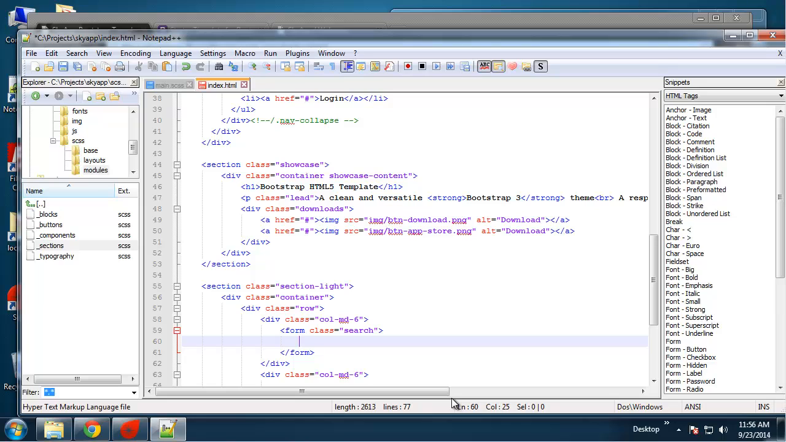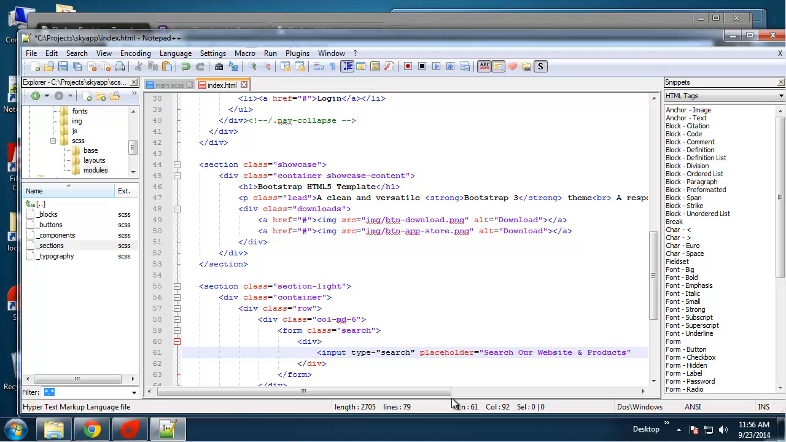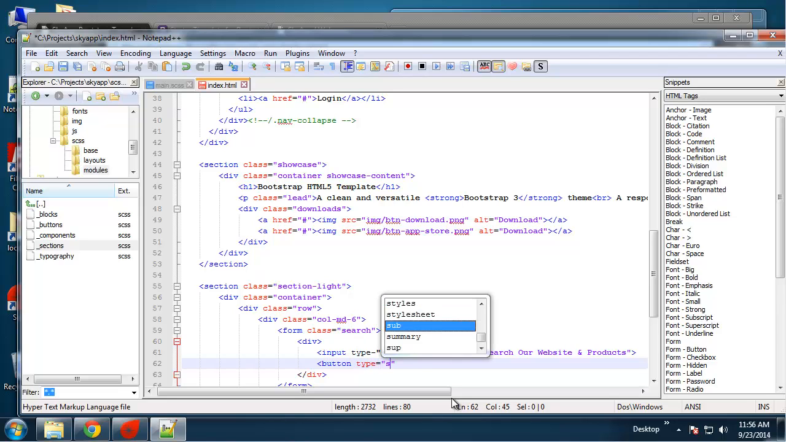And what do we want to do? We want a div and then an input. The type is going to be search. We're going to use the HTML5 search type, and we'll put a placeholder that'll say search website and products. And then we want a button with a type of submit